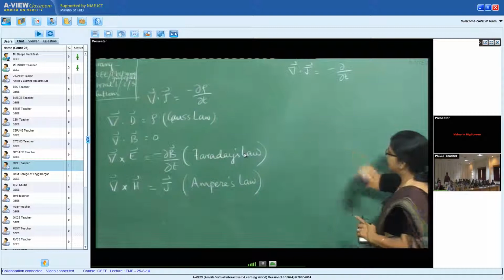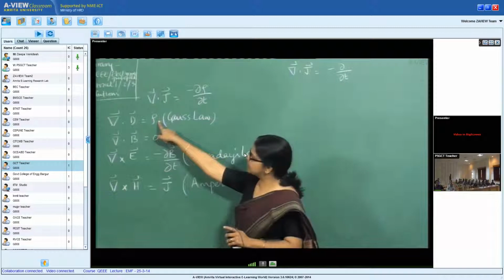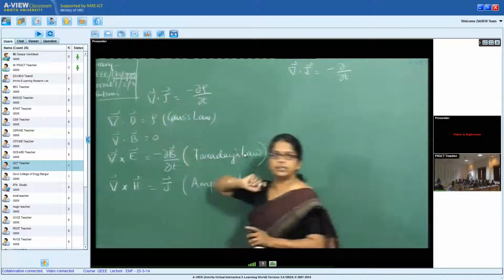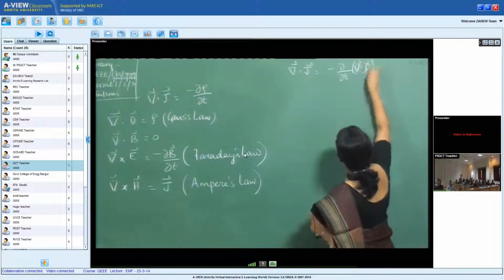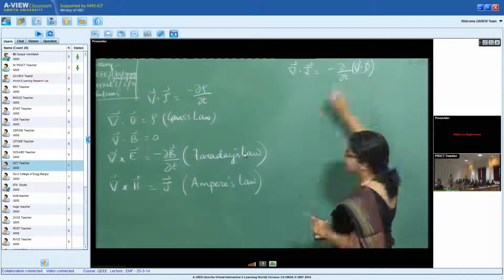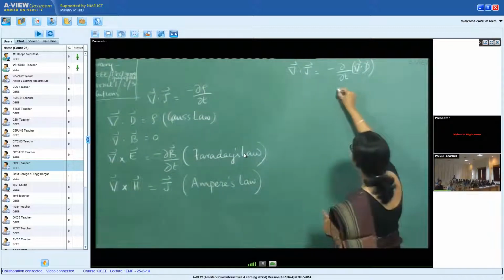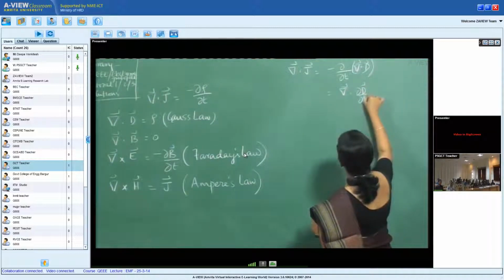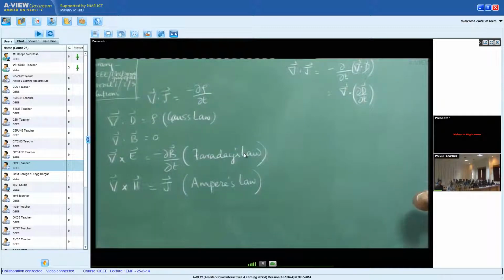So if I look at the equation of continuity, minus del by del t of rho, as I said, this rho should be identically the same as this rho, which means that I can replace it with divergence D. And let us say the space is not changing with time, right? It's the field that is changing with time. So this partial derivative should be del D by del t. I can interchange the operations because it is the field that changes with time.